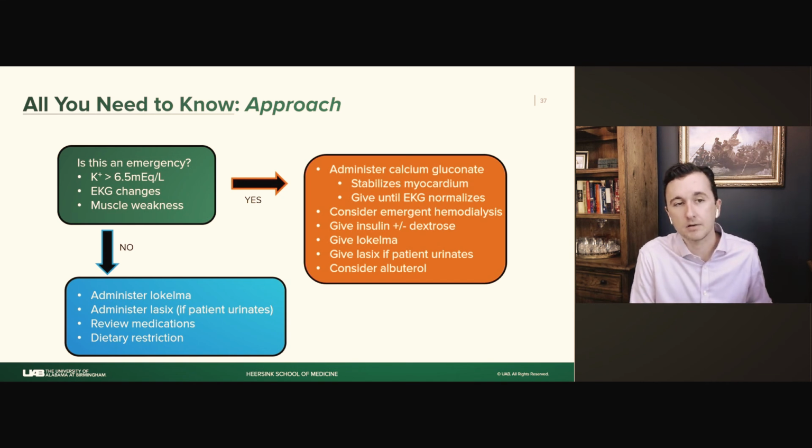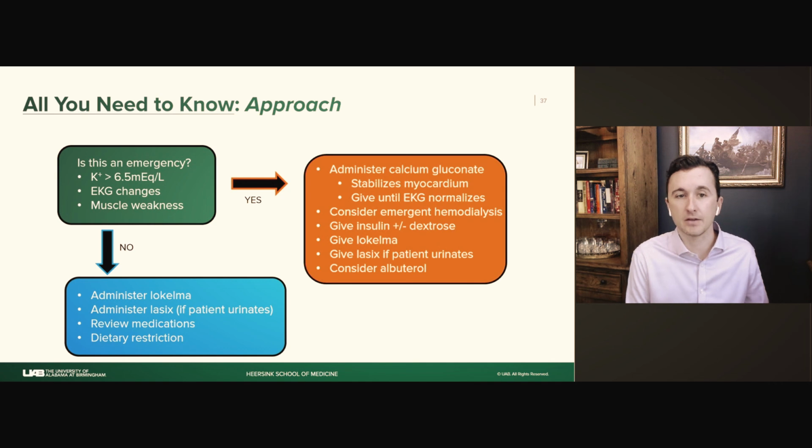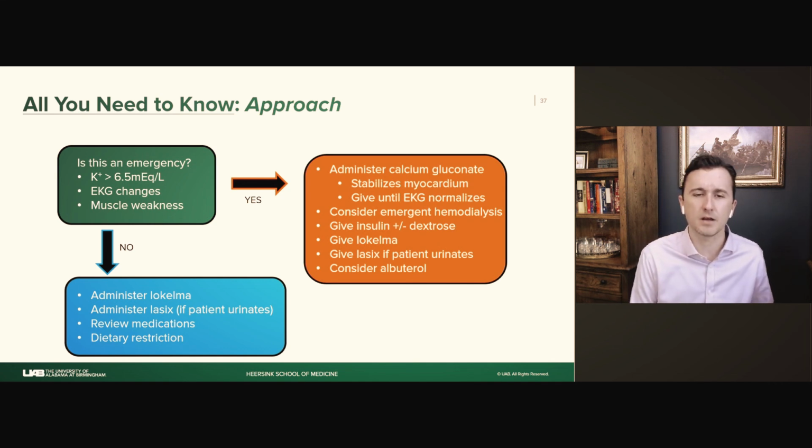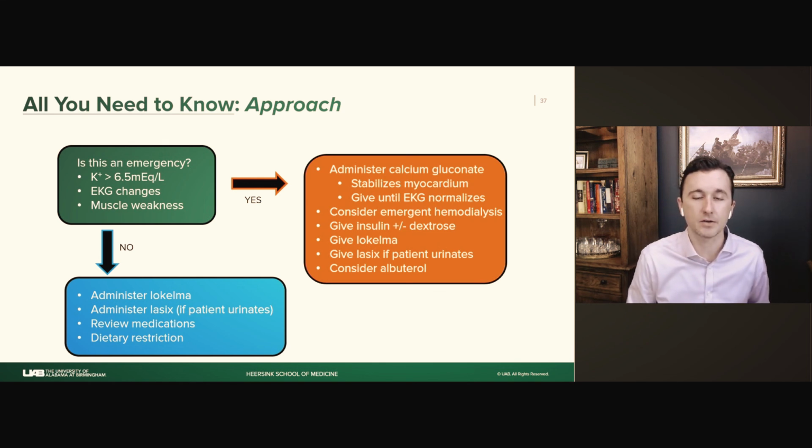Now, for the most part, critically elevated potassiums often occur in patients who are end-stage renal disease patients, and so you definitely want to dialyze those patients, especially since they often can't pee. Again, in emergent situations, I'm going to give insulin and dextrose just to get it down quickly. I'm going to give Lokelma if there's no contraindications. If my patient can pee, I'm going to give them Lasix, though again, often you're facing this in renal patients. And then consider albuterol. I don't use this a ton, but you need to think about it in somebody who's critically ill. Now, on the other hand, if it's not an emergency and you don't have to get the potassium down urgently,